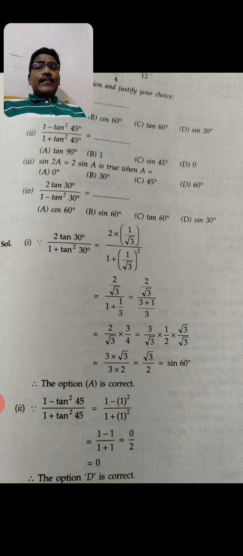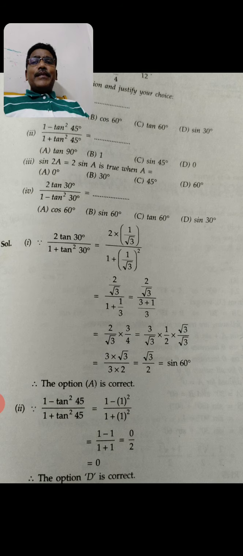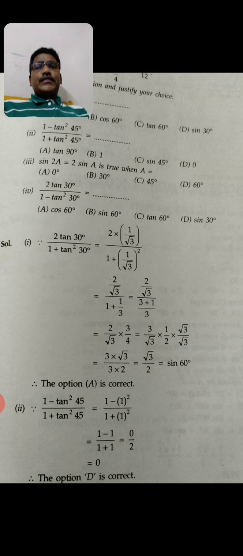You are finally selecting the option. In the options, root 3 upon 2 is not there anywhere. But in the table, if you go back to see, root 3 upon 2 is the value of sin 60. Clear to you? Cos 30 is also the same thing. But cos 30 is not given in our option. This is also important. Sometimes they have given A cos 30 and B sin 60 and C something. In D, A and B will be given. Then what are you going to select? D, A and B. Both are right. Because sin 30 and cos 60 are the same value. Clear to you? So like this you are going to select the option. That is the important thing.